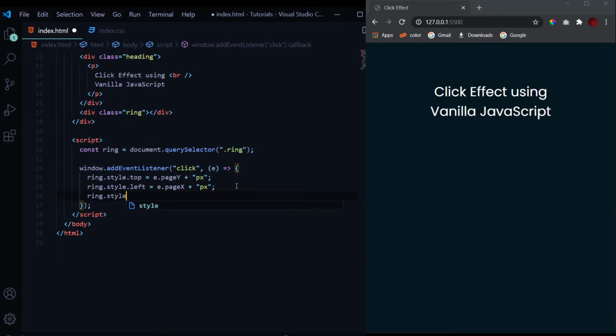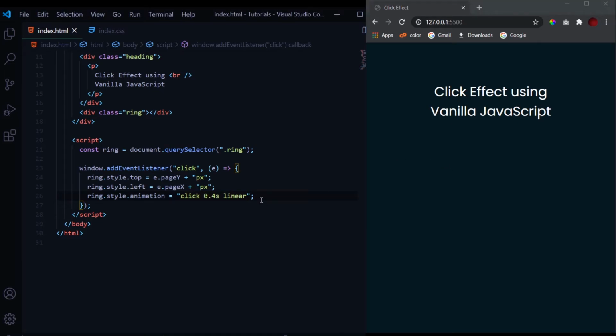Now after the clicking event we need to add this animation to the link. So style.animation, click for, let's say, 0.4 seconds, linear. Let's hit save, and now when I click we get this animation, but it just worked for once. Now when I'm clicking on it we don't get the animation.